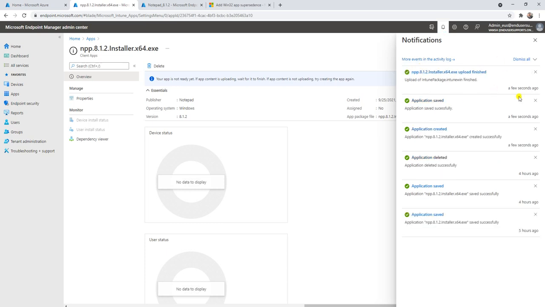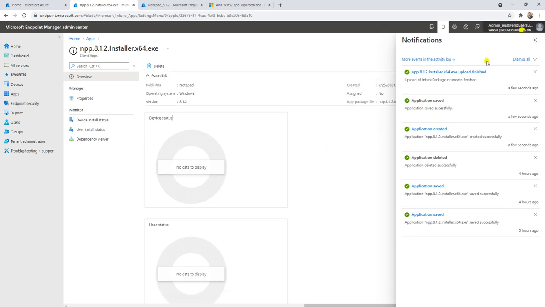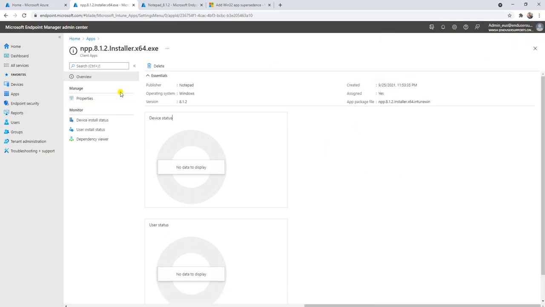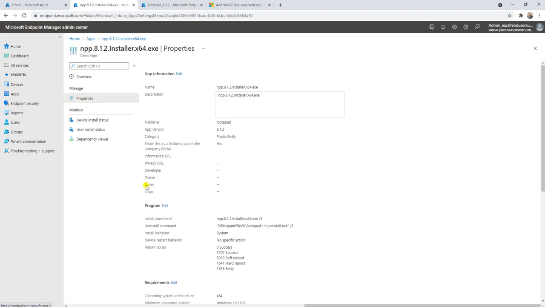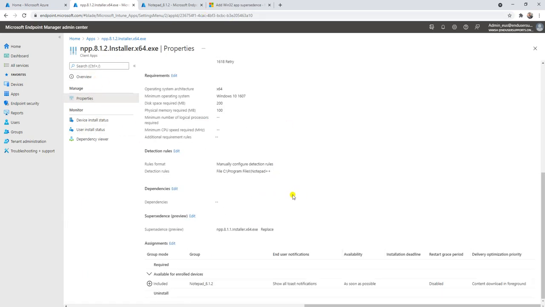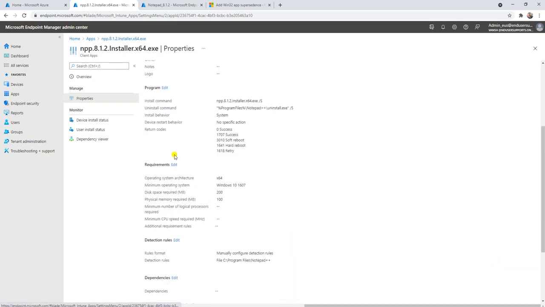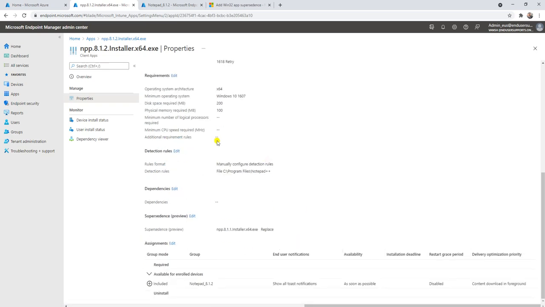Now this is ready, so our application is ready now, and we are good. We set up all those things. If you want to verify, you can go to the properties, and you can check all those things are here. If you want to modify any of the parts, here is a button to click edit. You can add and modify it.